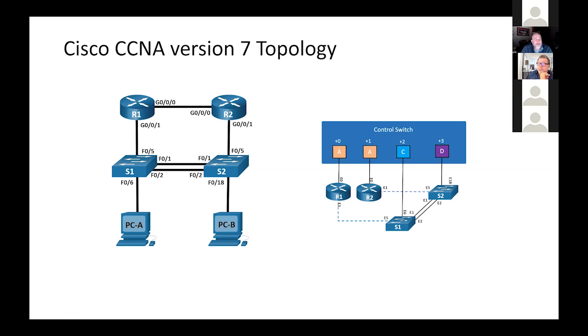So what does that mean, Rich? So what that means is we're kind of on our own, either NDG or the community, to get old equipment and see how far we can go with old equipment. And that's not because Cisco's being difficult, it's because they're encouraging people to use Packet Tracer. Does that answer your question on what it means, Sean?